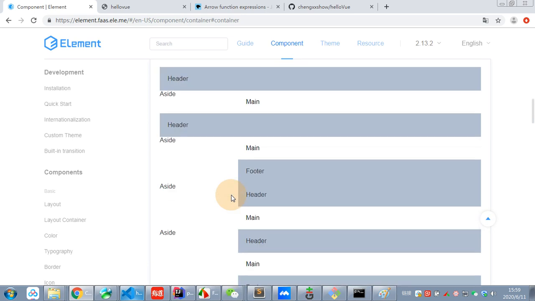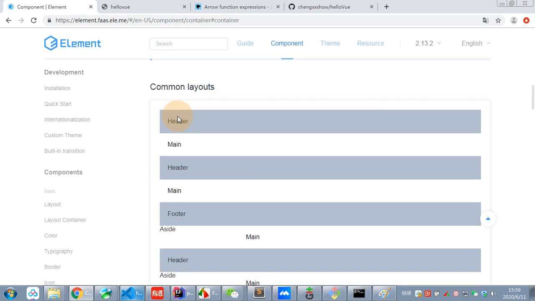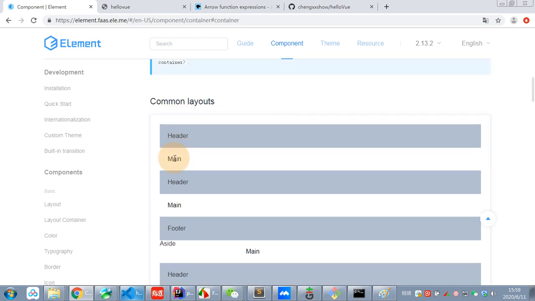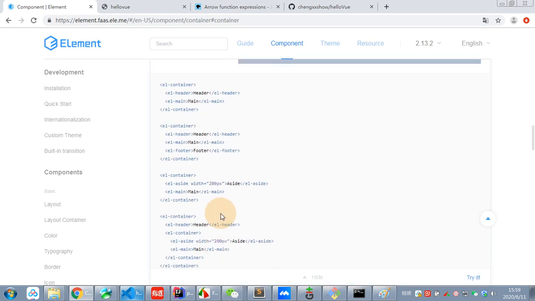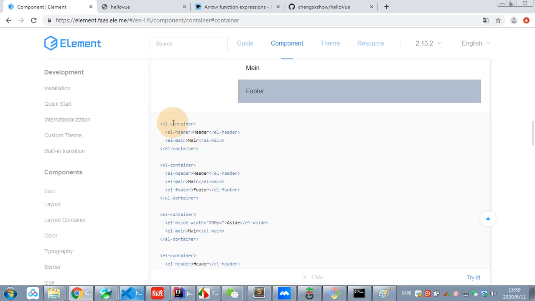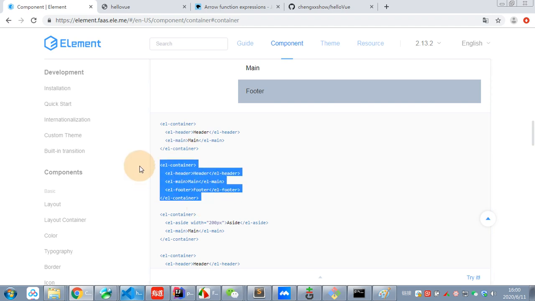Here you can copy one. We can see the first is header and main, then header, main, footer. So I can show the EL container: header, main. This is header, main, and footer. So we must have this one first